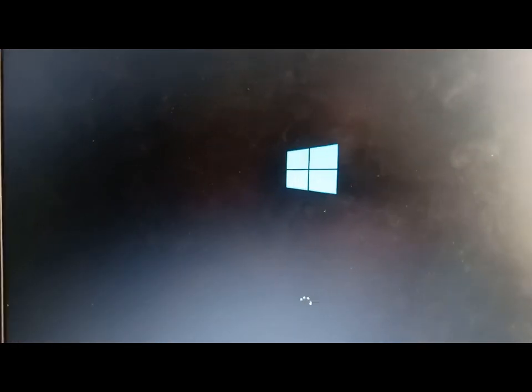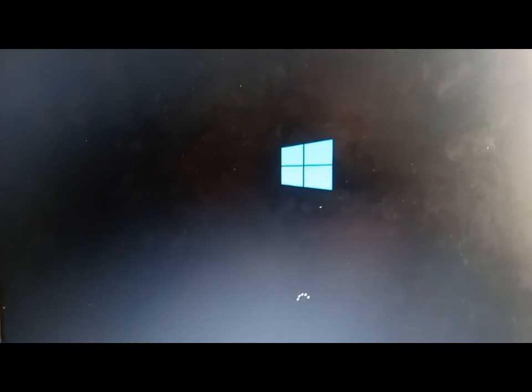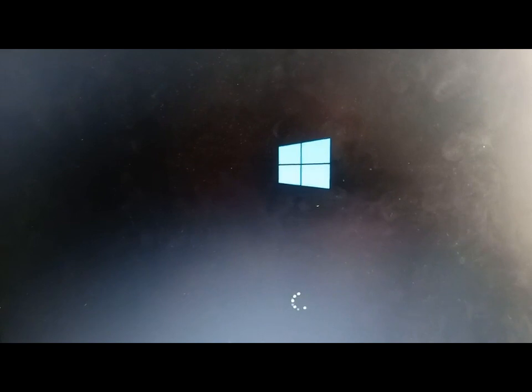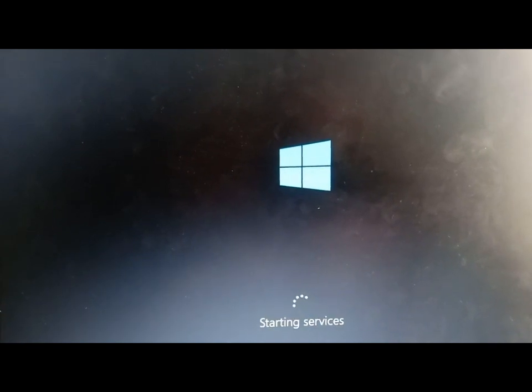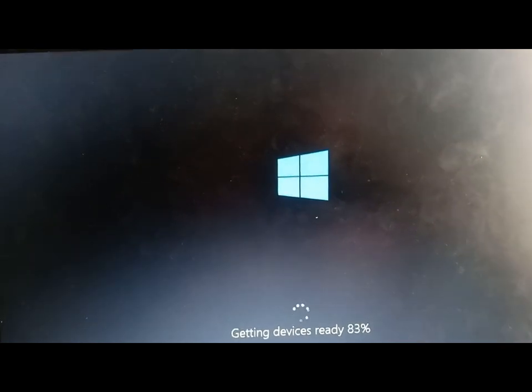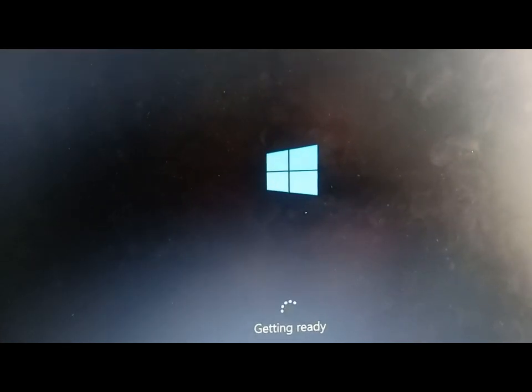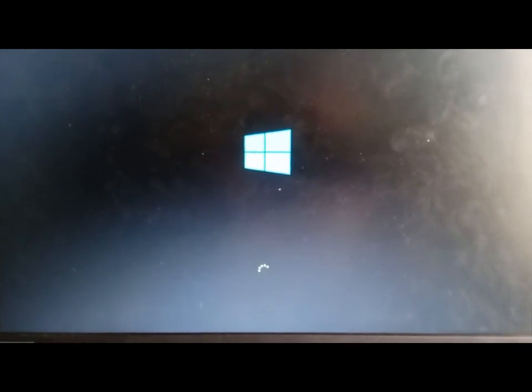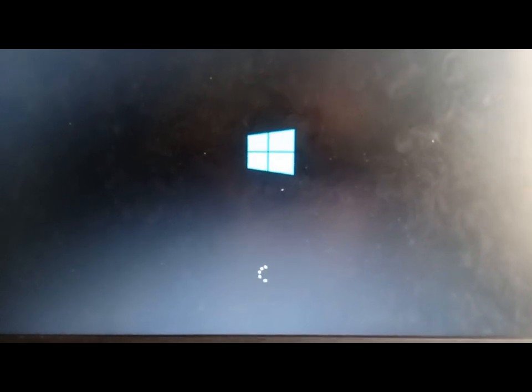After that it takes the process one by one automatically. In this process it restarts several times.